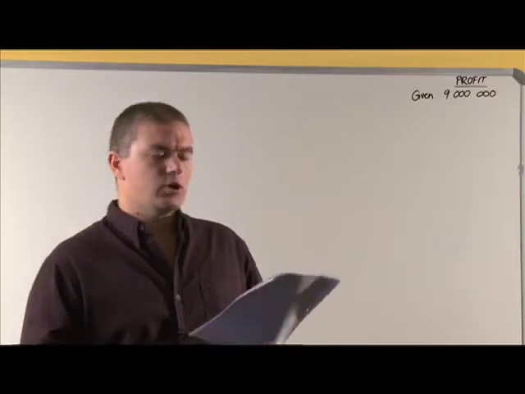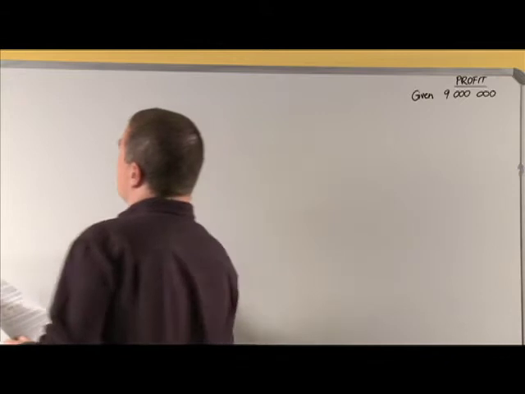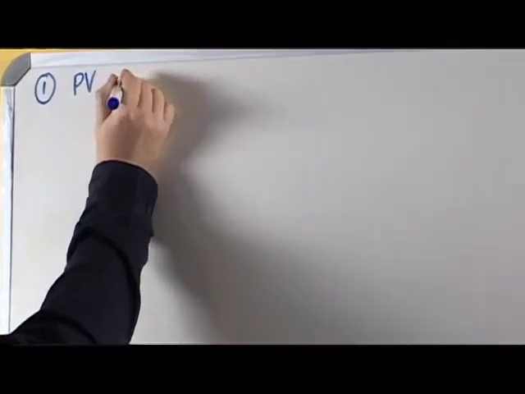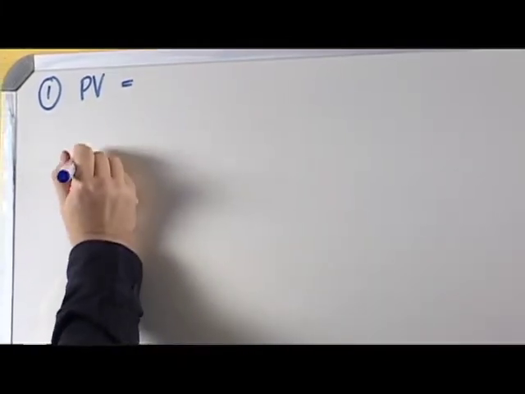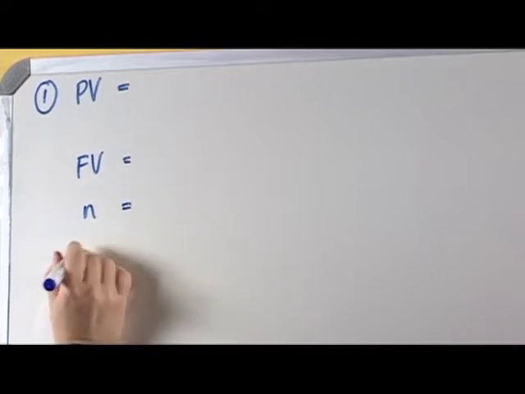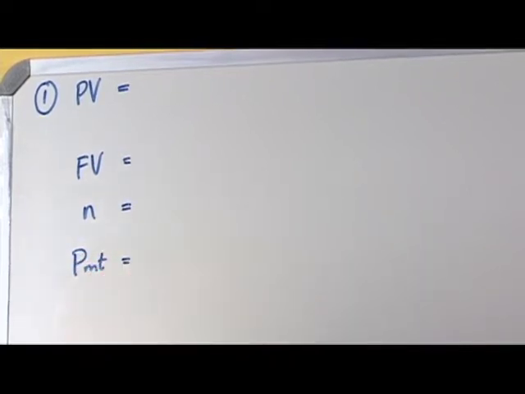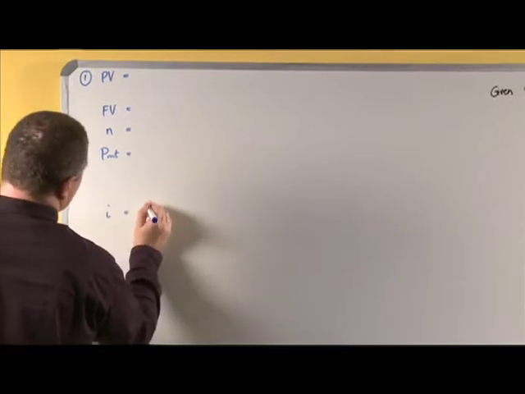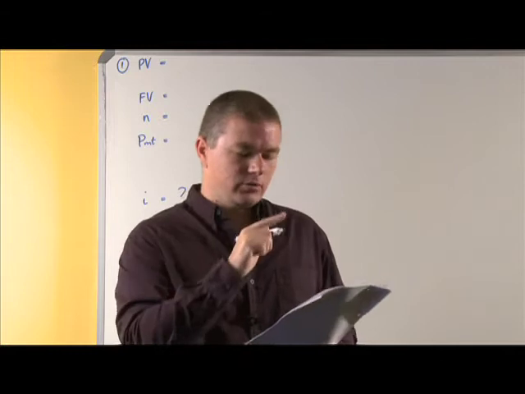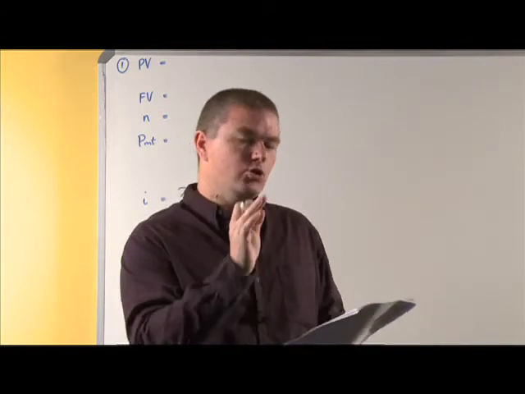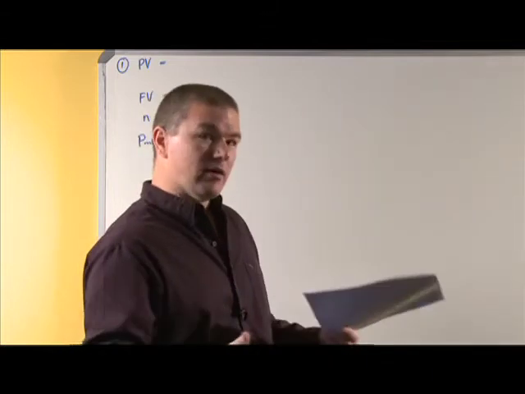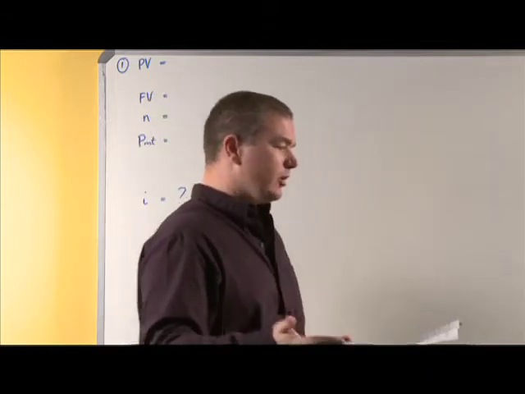So first things first. What we've got to do is say to ourselves, I have a present value, I'm looking for a future value, I'm looking for N, and I have a payment amount, because what I'm ultimately looking for is I. Remember what I said when I was going through it: amortized cost using the effective interest rate method. So we've identified the fact that it is an other financial liability, amortized cost using the effective interest rate method.